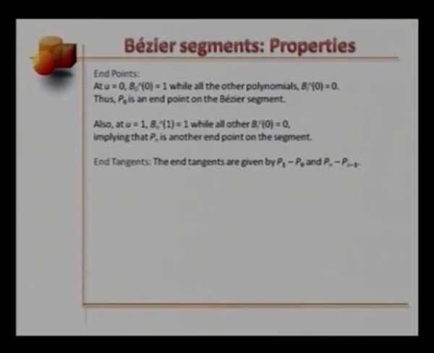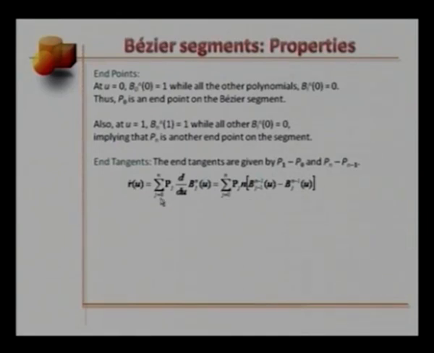End slopes or end tangents. These are given by the vectors p1 minus p0 and pn minus pn minus 1. These vectors would correspond to the first segment of the control polyline and the last segment of the control polyline. If you recall, we had computed the first derivative of Bernstein polynomials a while ago. If we compute this first derivative of a Bezier curve,